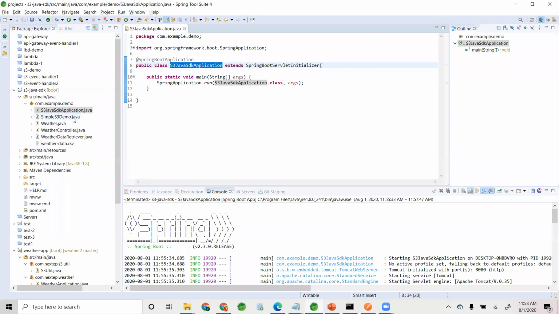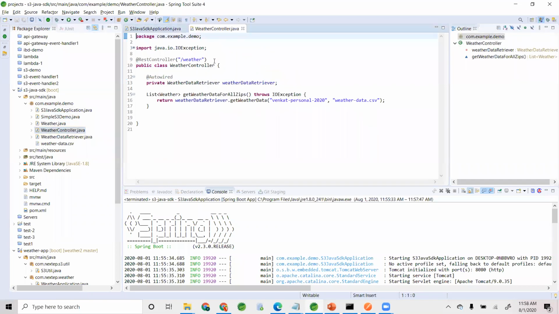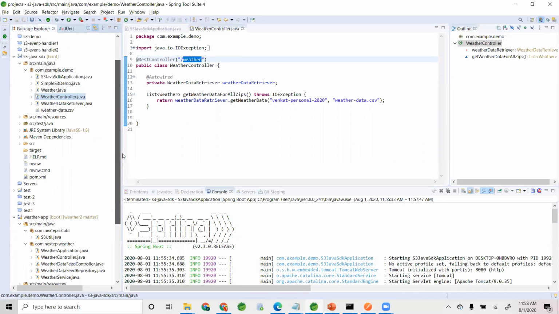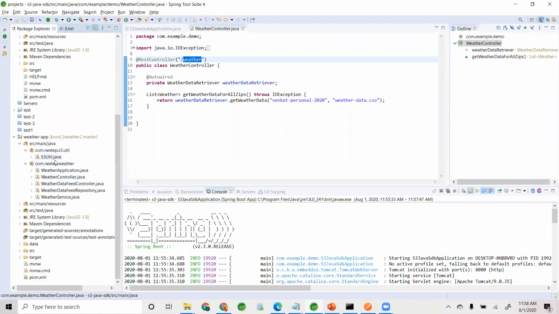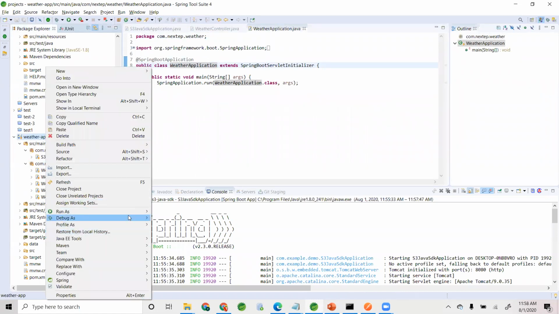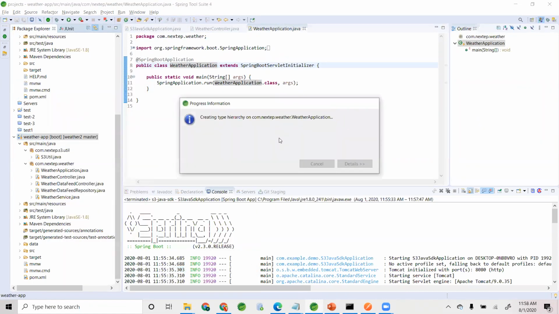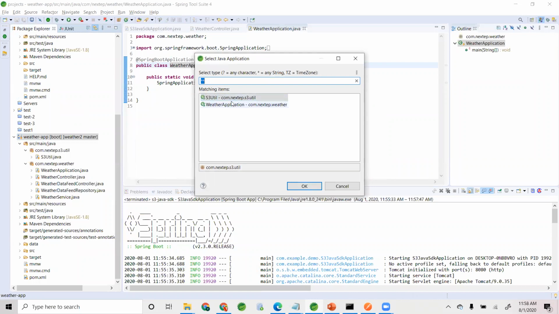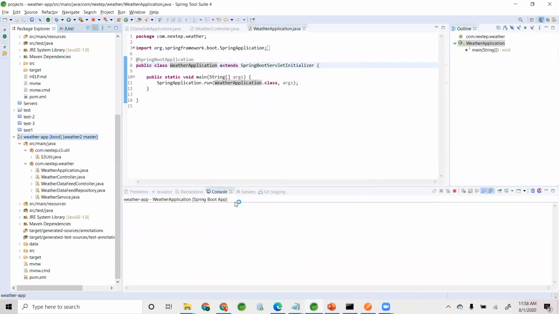Makes sense. Interesting. Let me run this S3 util, no, weather application.